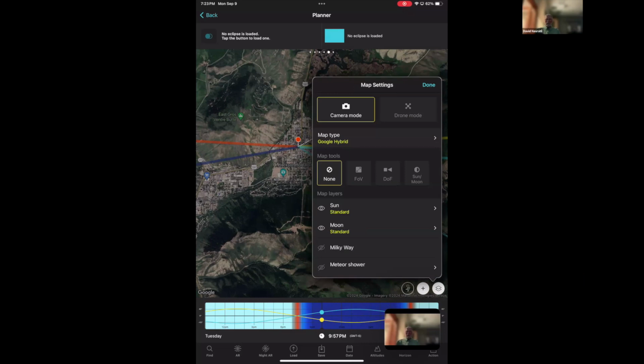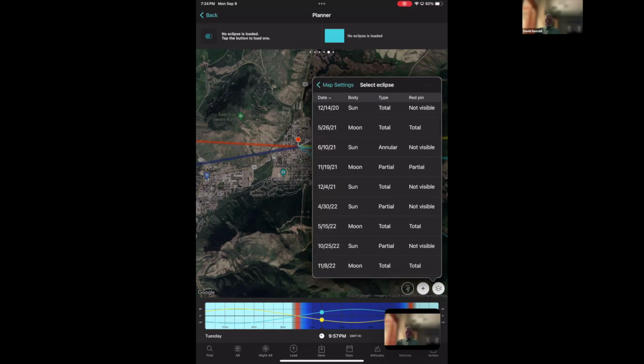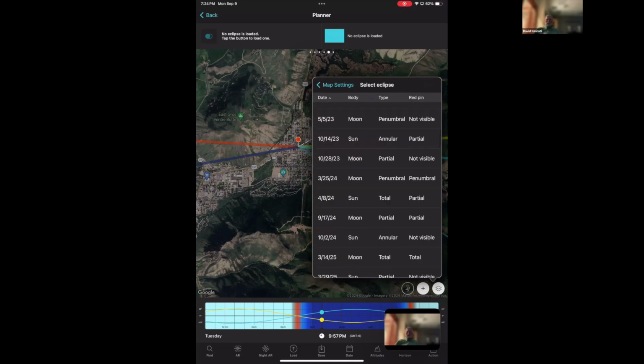Okay, and we're going to talk a little bit about the screen in a little bit, but if you go all the way down to the bottom and you see eclipse, and right now I don't have anything turned on as far as eclipse goes, but if I touch that button, then I get a whole list of when these different eclipses are. Now, those are old,